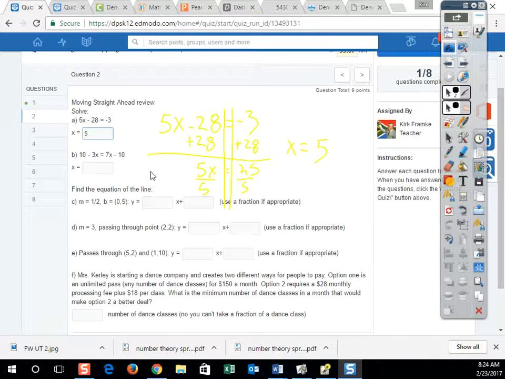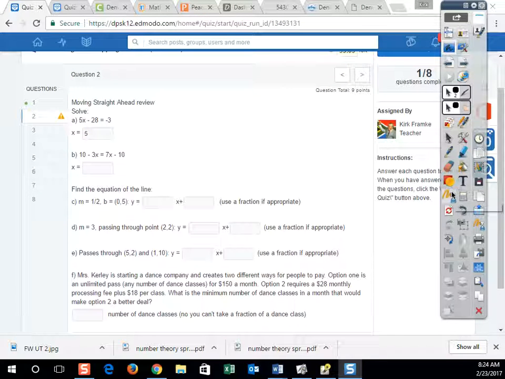All right, excellent. So moving on to the next problem. Same basic strategy. 10 minus 3x is equal to 7x minus 10. So what I like to do here is I like to get the x's together first so that they're on one side of the equal sign so that they really can just have a big old party together. Who doesn't love an X party? It's not quite as fun as a knitting party,